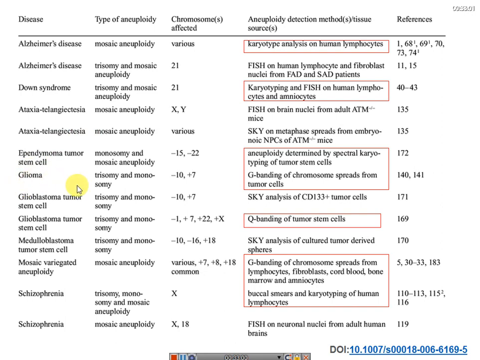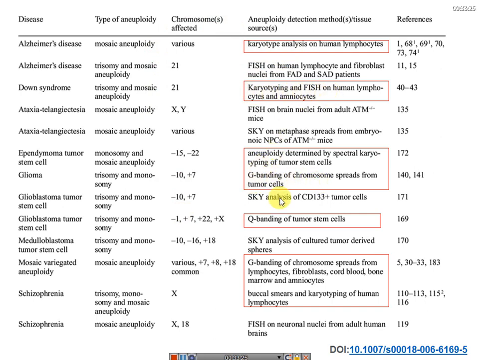Different kinds of glioma, glioblastoma, and schizophrenia, where different chromosomes are affected, or different malformations are identified by either karyotype analysis or by karyotyping and FISH together, and G banding,